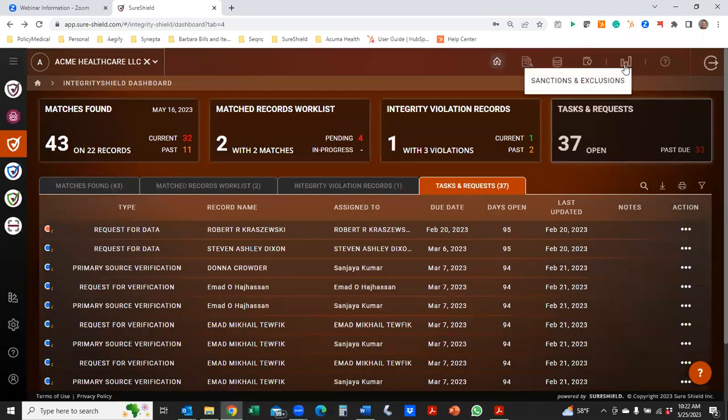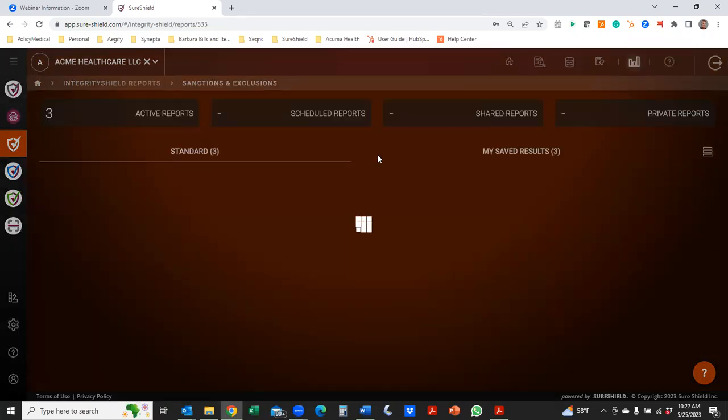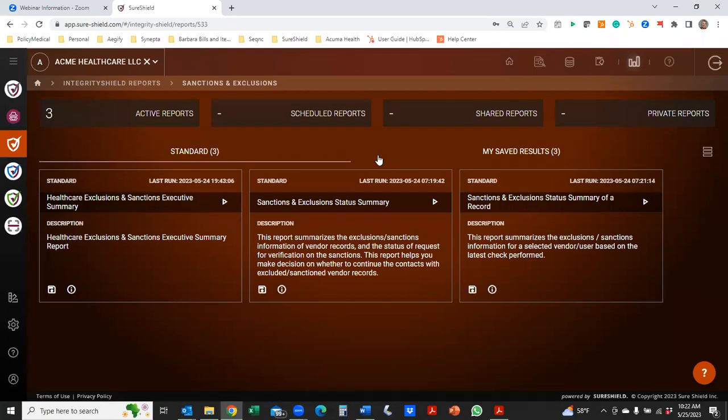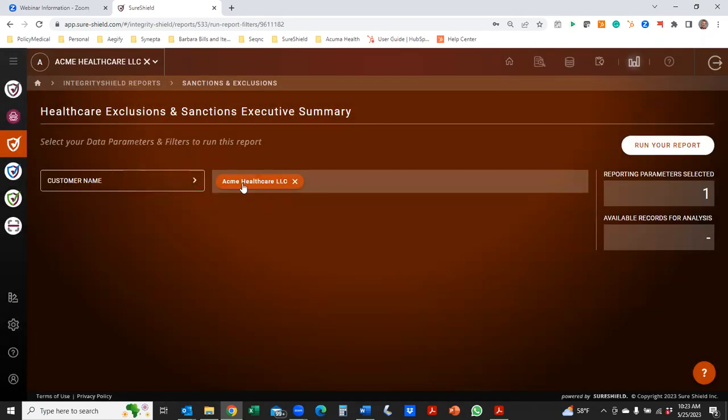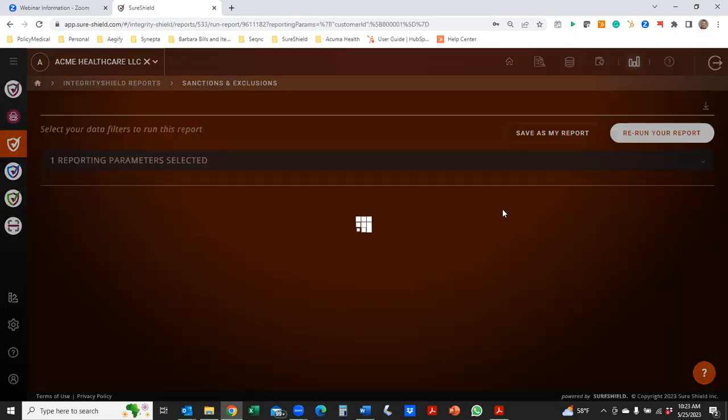And lastly, there are, of course, a number of different reports that get generated out of the system. You may have requirements for monthly meetings in which you need to provide information on what was checked, who was checked, what databases were checked. All those are provided automated in our exclusions and sanctions reporting components. So it's as simple as just clicking on that button, indicating if you had multiple entities, they would show up here. So we do have what we call a hierarchy, if you have more than one entity that's being checked more centrally. And then, simply clicking and running those reports.